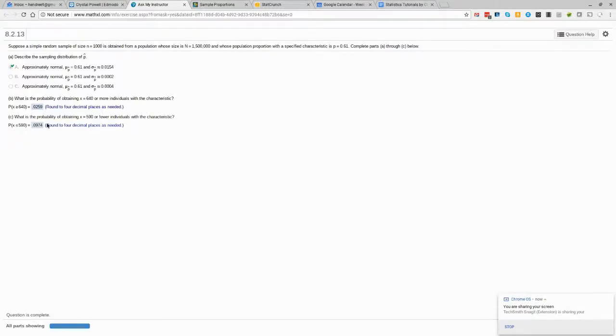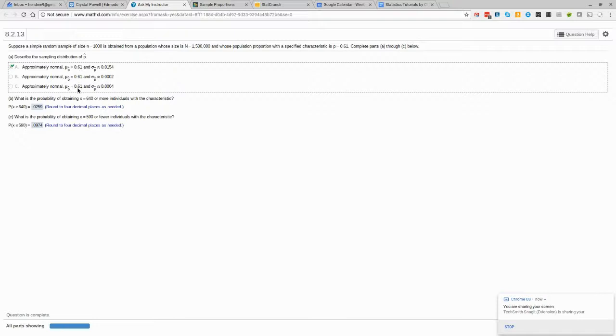Okay, here we have number 5 from 8.2. And remember at 8.1 we were doing distribution of a sample mean, and now we're doing distribution of a sample proportion. Now we're told under specific conditions that the sample proportion is distributed normally about a mean that's the same as the actual proportion of the population. So when we're trying to describe the sampling distribution of the sample proportion, I should say, we know we have a mean of 0.61,